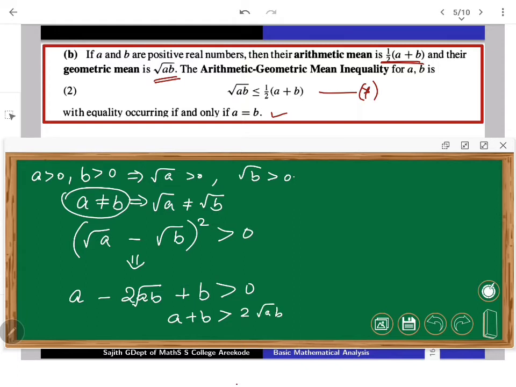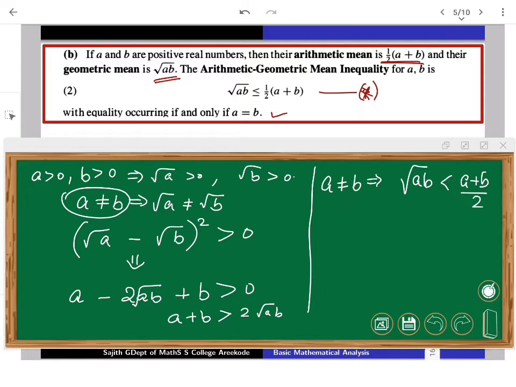Half is, we just attach half on both sides, you will get the required one. So this gives us, rewriting in the proper way, square root of ab is strictly less than a plus b by 2. But that happens whenever a is away from b. So a not equal to b, we are going to get our star with strict inequality. Remember that. So we will get one part now. If a is differing from b, then inequality star holds, but with the strict inequality.